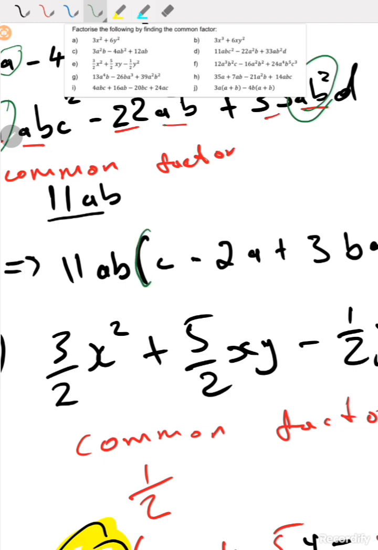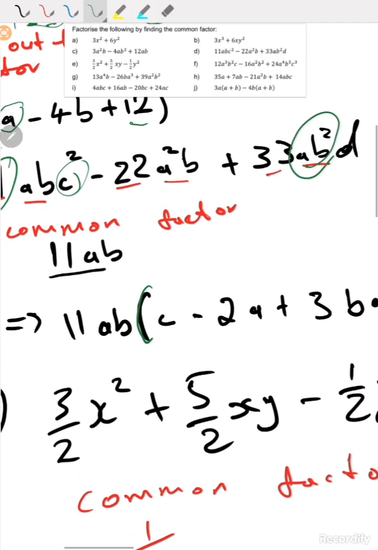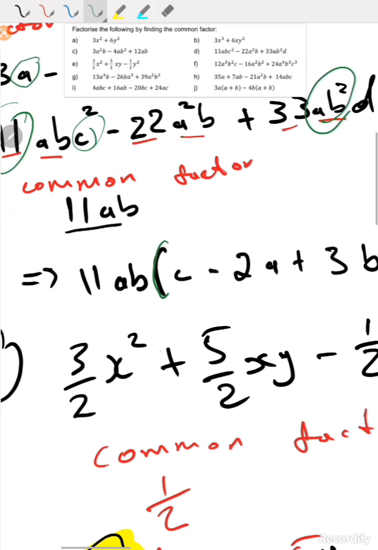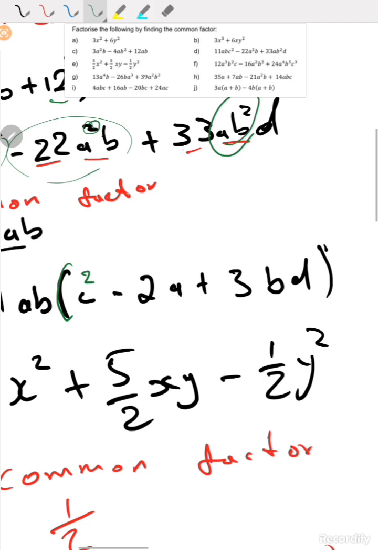When you take it out of the bracket, because here we have this one here, meaning that ab, when you take it out here, it's going to give you c squared. Then when you take it out from 22a squared b, it's going to give you 2a because of this squared here, right? Then plus, when you divide this side, it's going to give you 3